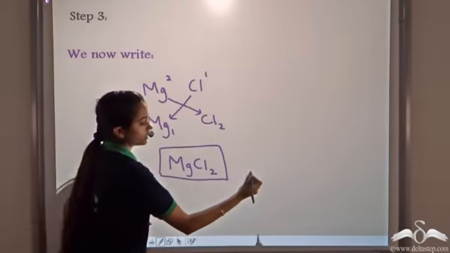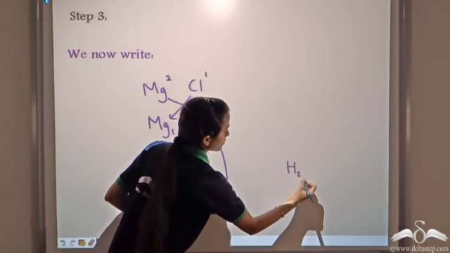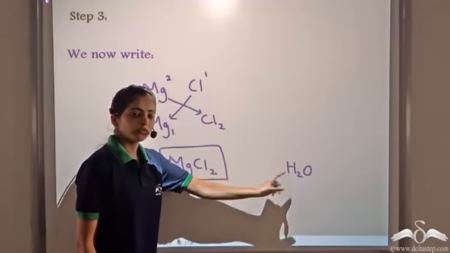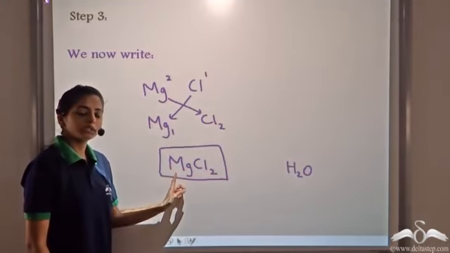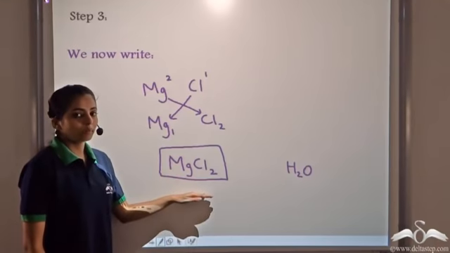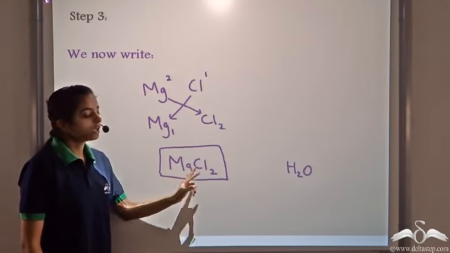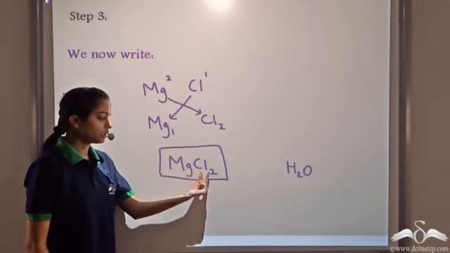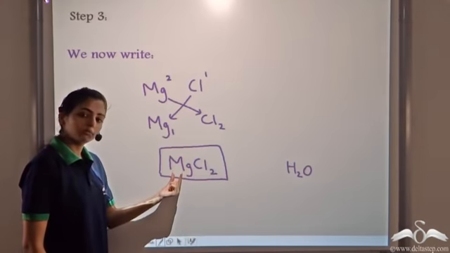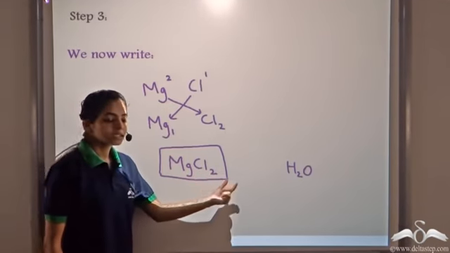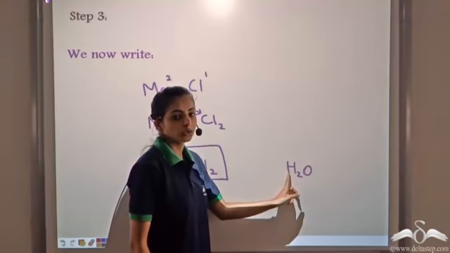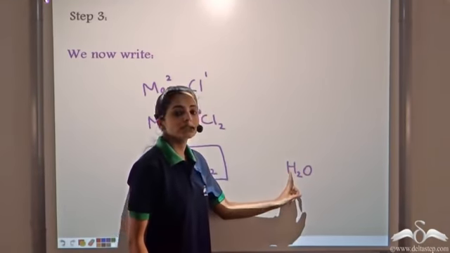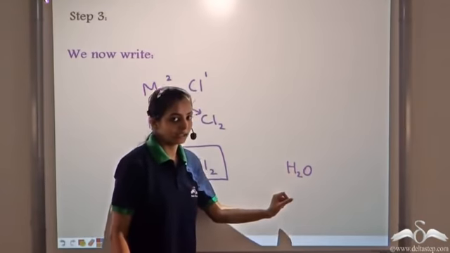Initially, we had formed water, that is H2O. So you must be wondering why we write hydrogen first and why we are writing magnesium first in this case. So always remember, we write the positive ion before the negative ion. In this case, magnesium had a positive valency, chlorine had the negative valency, so we write magnesium before chlorine. Similarly, in case of water, hydrogen showed a positive valency, oxygen showed a negative valency. So we always write the positive ion before the negative ion.